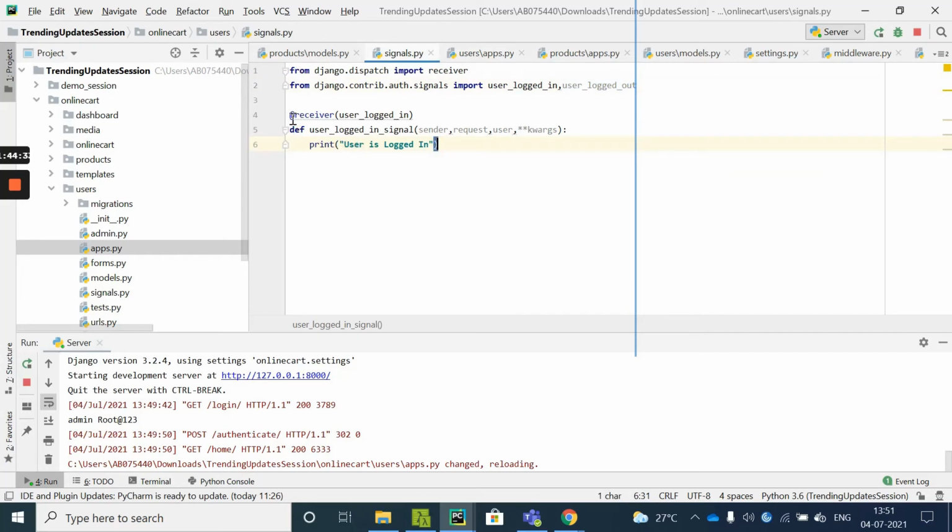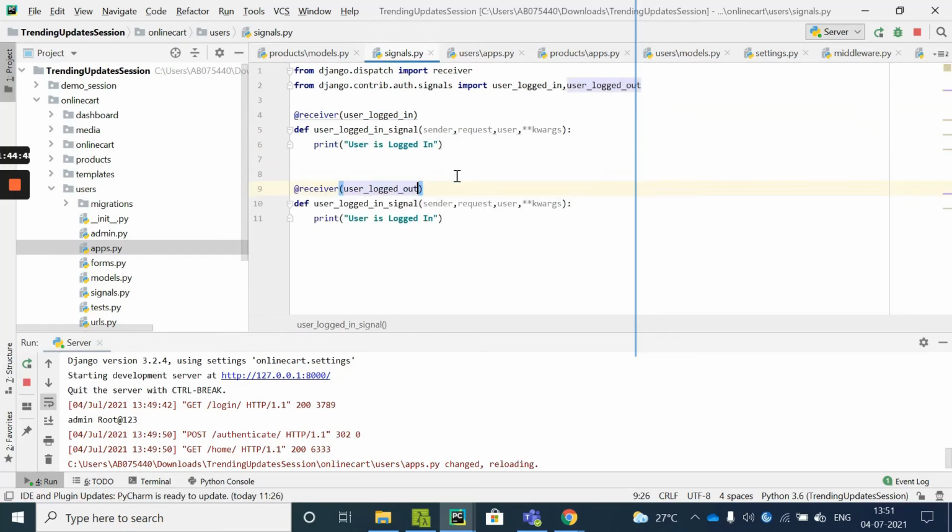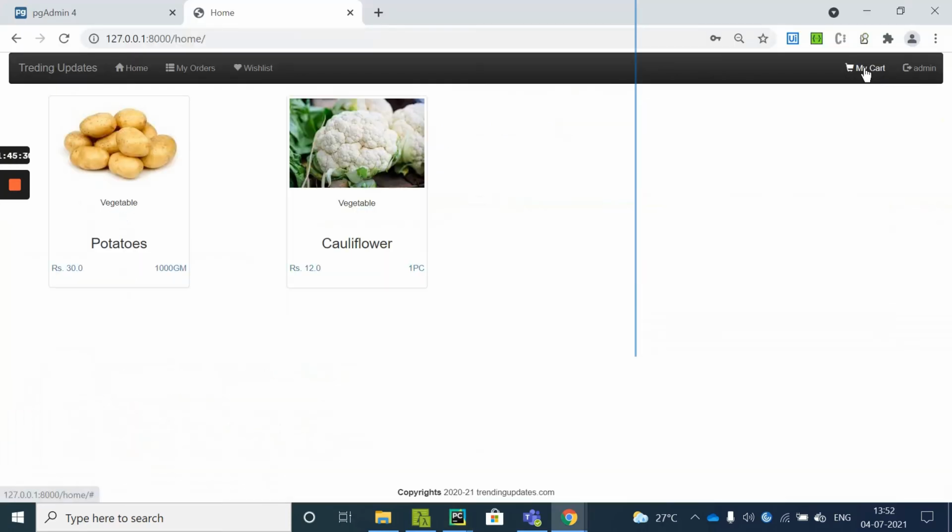Whenever I'll write down another logout signal also. This is what Django provides us, in order to have faster development, and it is so simple to use this concept. So now admin is logged into our system. I'll just click on this admin to log out.